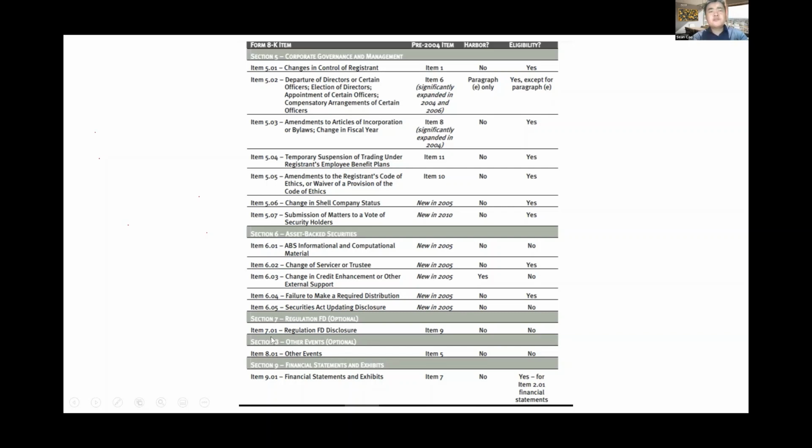And so what's the difference between 7.01 and 8.01? The difference is if the company disclosed the news on their website or some other event, they have to disclose the news again in 7.01. So basically, if the news was disclosed in some other venue, sometimes in a CEO's conversation, sometimes on the website, sometimes in a TV interview, then the firm has to disclose the news again in 7.01.